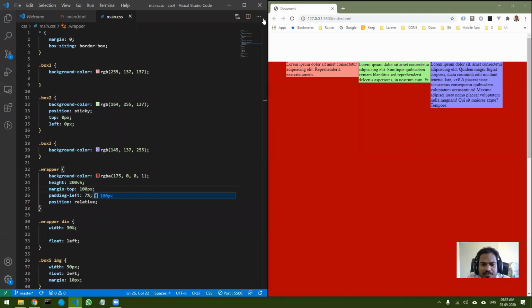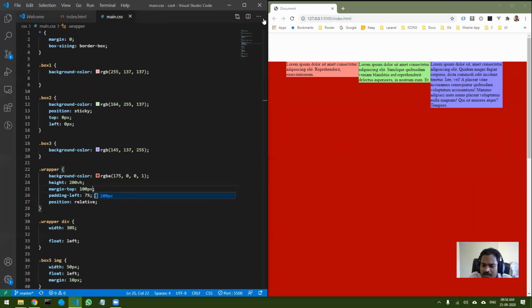Yes, fixed one will be again always in the highest priority. Adnan Sheikh is asking, sir, the fixed one will always be on the higher priority. Yes, fixed one is going to be on the highest priority, but if there are two fixed ones, then you can set the Z index. Okay, other than that, the same way we saw relative and absolute, all the relatives will follow the Z index values, all the absolutes will follow the Z index values, and all the fixed will follow the Z index values.